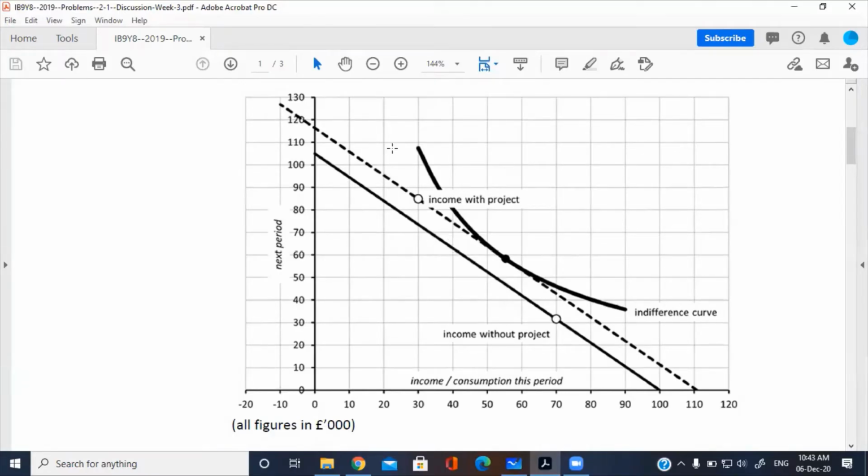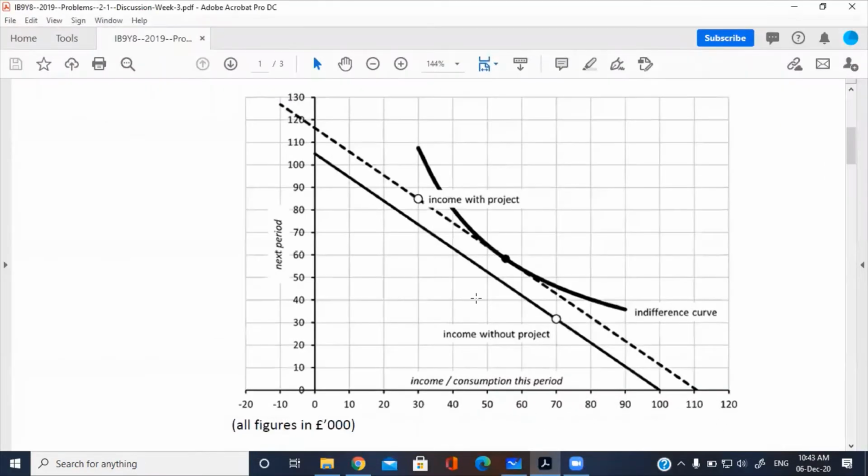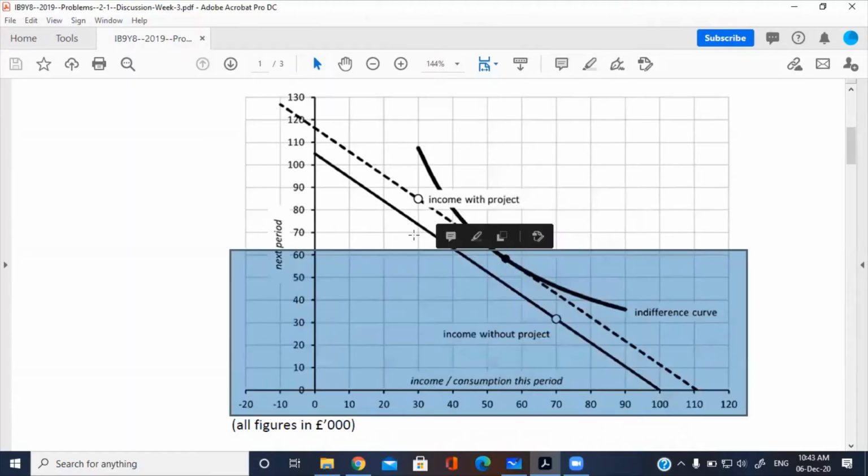That would be on the left of the indifference curve which is already available here on the with-the-project line. So in that case, think of the indifference curve as drawn this way. In that case, you can think of the optimal consumption as here, for example. Okay, if we just draw another indifference curve.